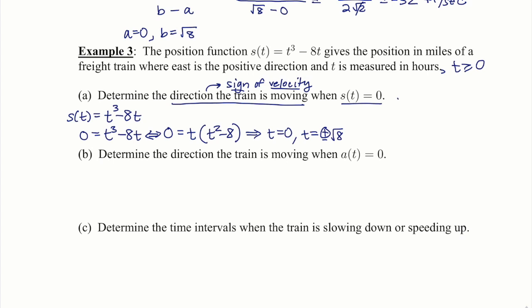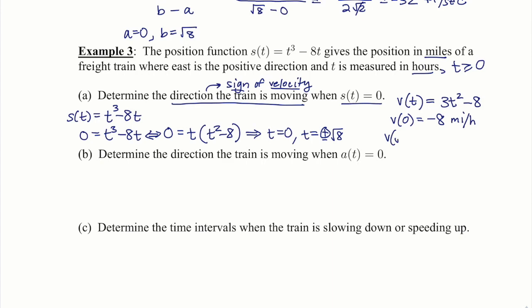And so we need the velocity function in general, and then we want to compute the velocity at these two times. So v of t would be 3t squared minus 8, just doing the derivative of position. And so the velocity at 0 would be, throwing in t equals 0 into my velocity, it looks like negative 8 miles per hour,